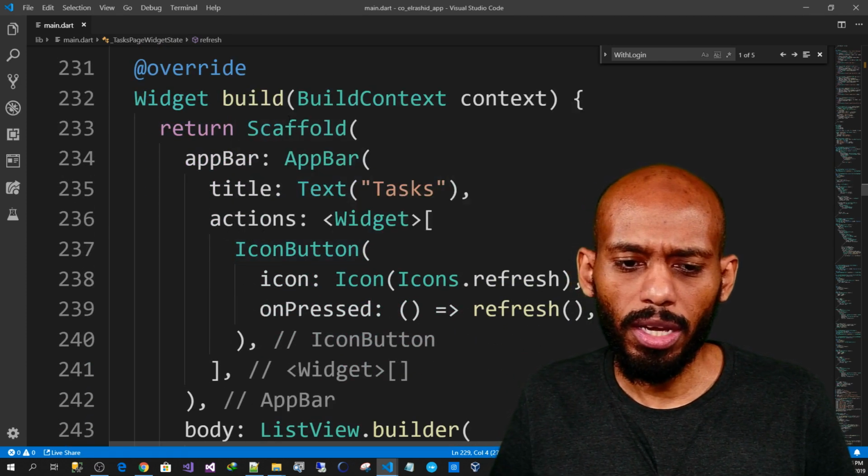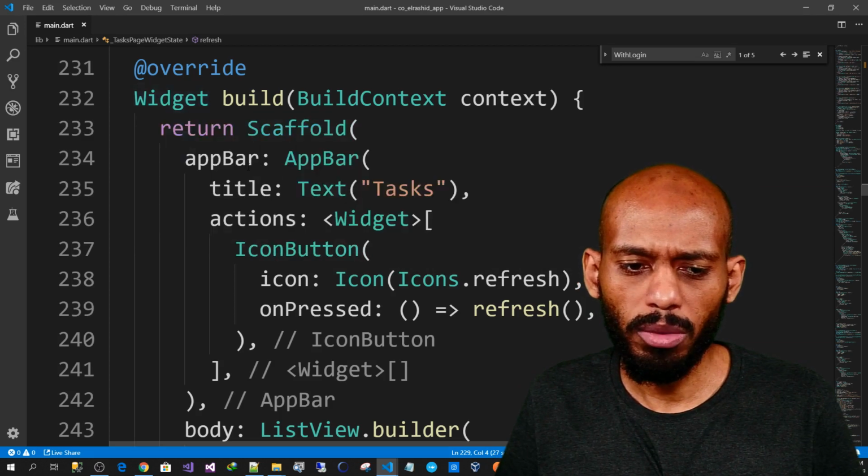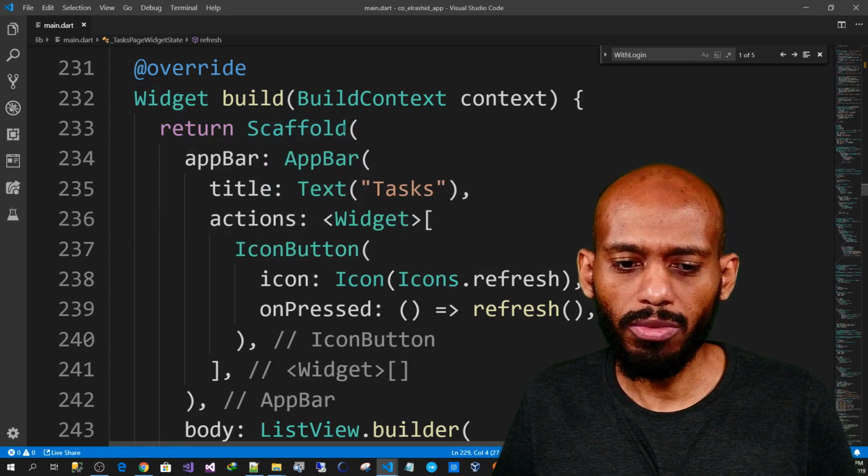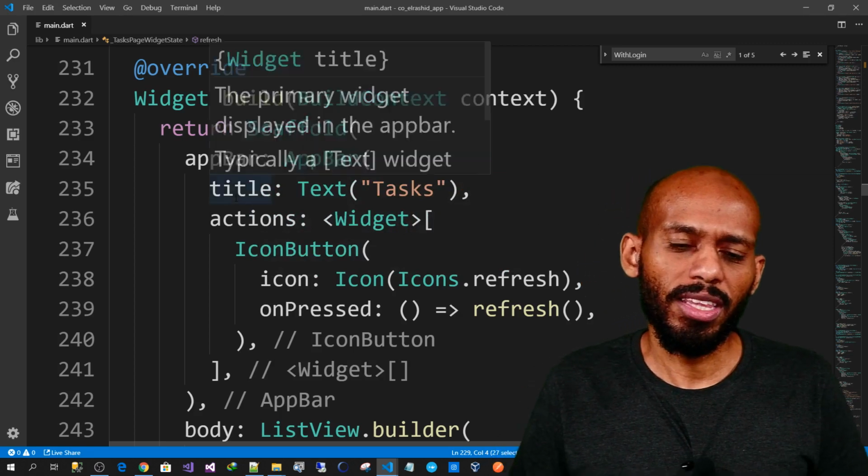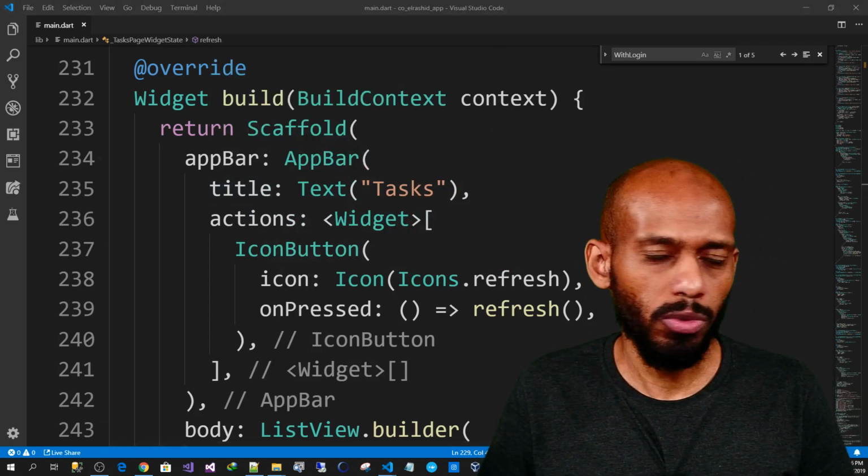After the list, we go to the build method. Inside it, we return a scaffold. A scaffold will give you the app bar. If you show the app again,